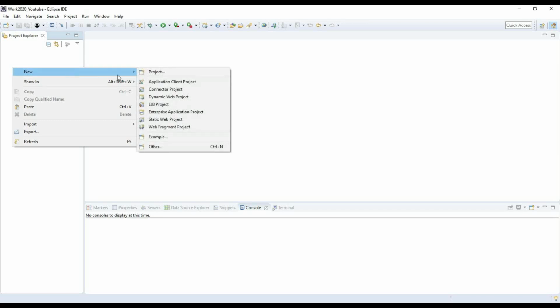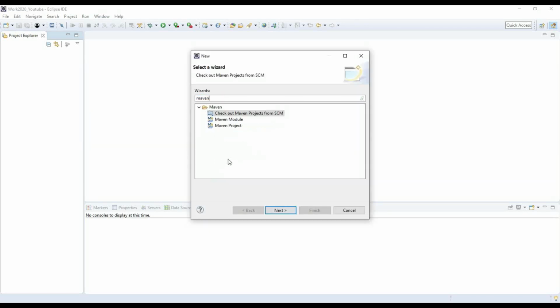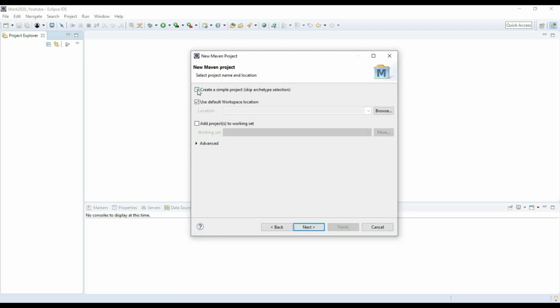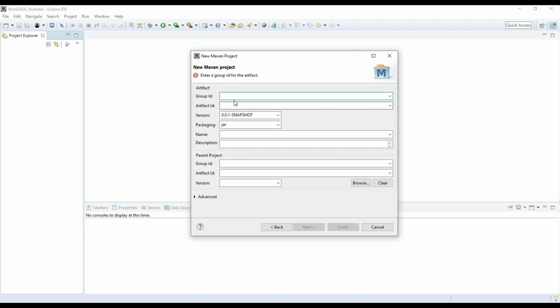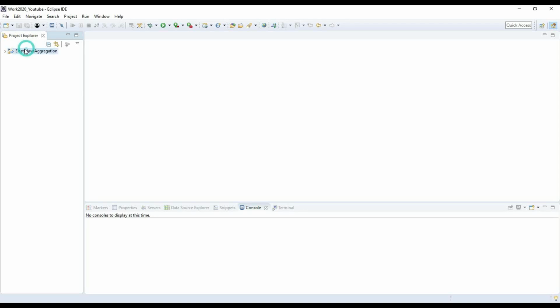Go to Eclipse and create a new Maven project. Create a simple project, named Elastic Java aggregation, and give the same name as the group ID. Click finish, and the project is created. Now, in order to connect with the Elasticsearch database, we have to add some dependencies.